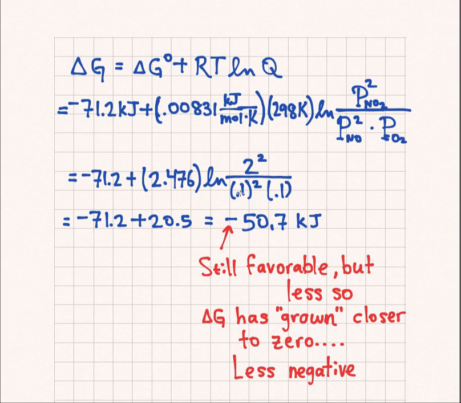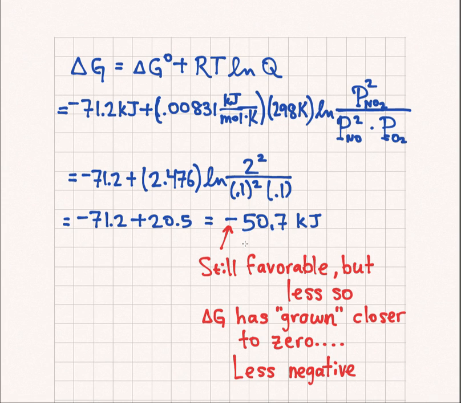Again, if this is 1 and this is 1 and this is 1, it would be 1 over 1. The natural log of 1 is 0, and this times 0 would not be any term at all. So this 20.5 wouldn't be there if this was 1. But since we're not at 1 atmosphere standard conditions, this negative 71 gets less negative and less spontaneous in the